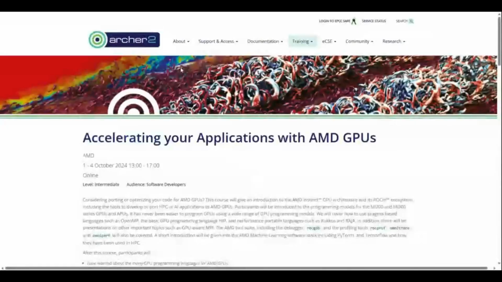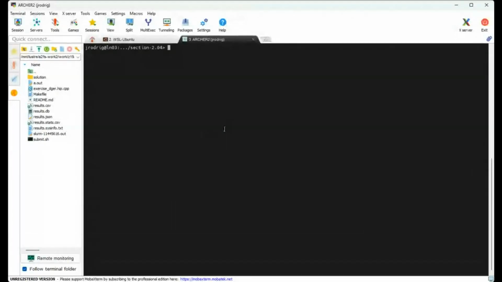Okay, so let's start with the exercises. Any questions so far while I switch windows? Okay, so I will make this a little bit bigger. Yeah. So we are here